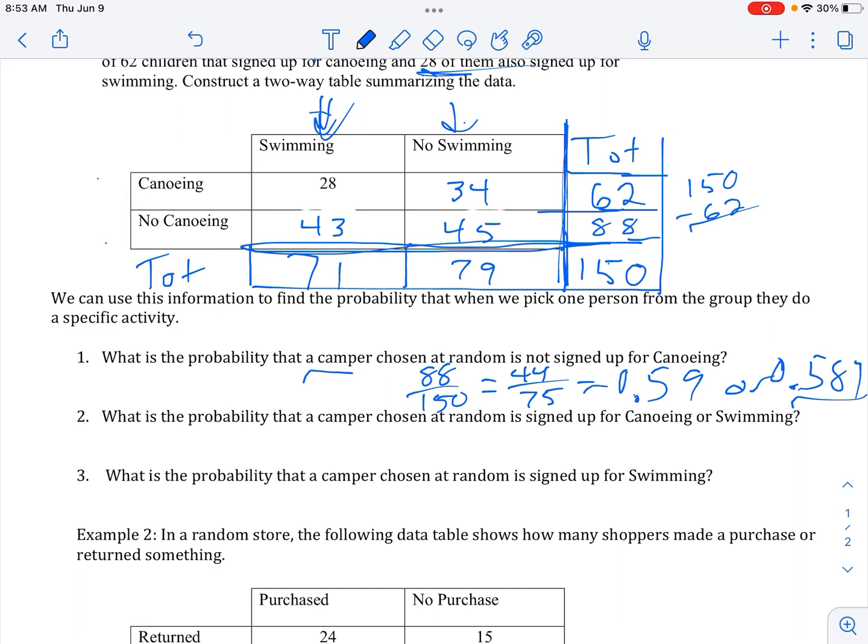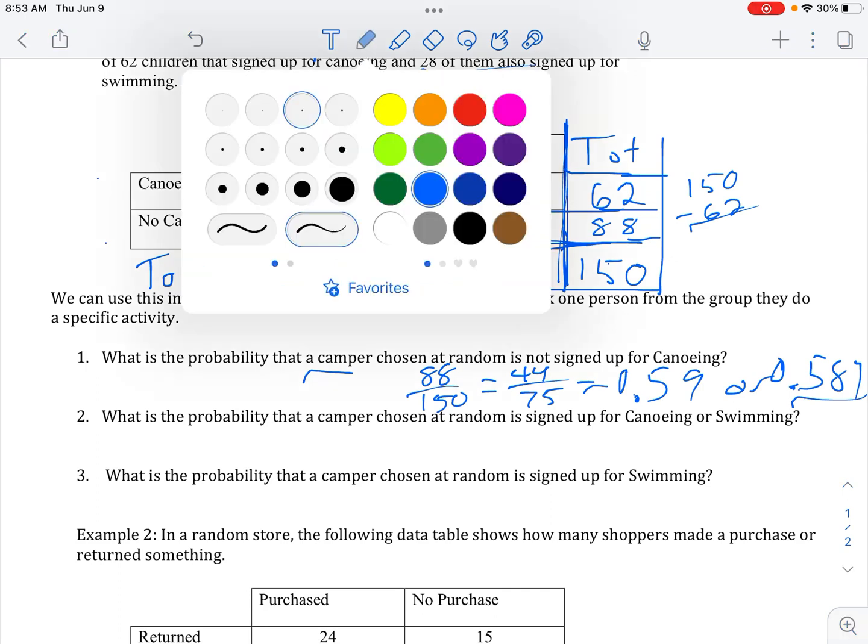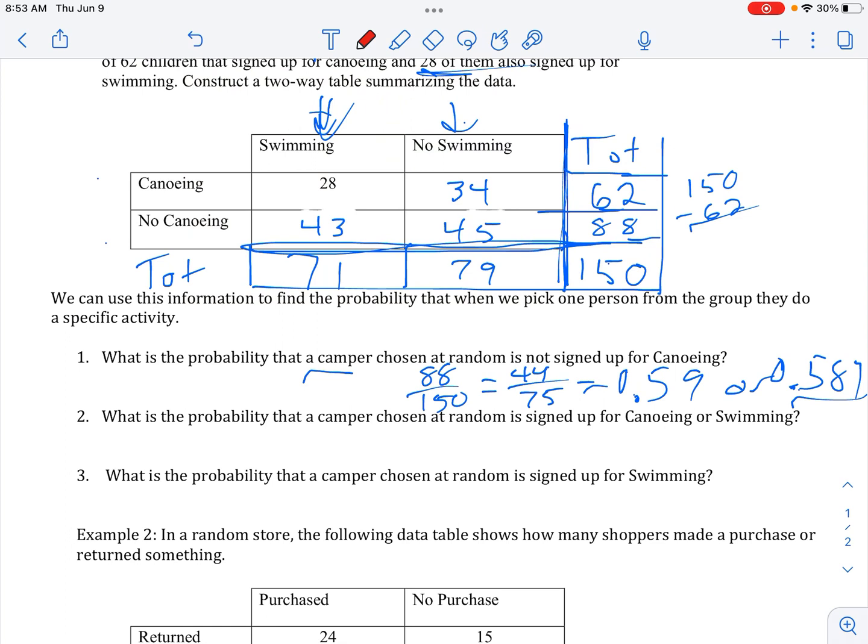Probability that a camper chosen at random is signed up for canoeing or swimming. All right, well, canoeing or swimming is a big deal. So that would be those that are signed up for canoeing. That's 62 students. Also, those that are swimming, that would be